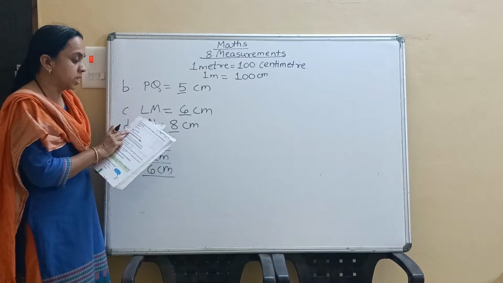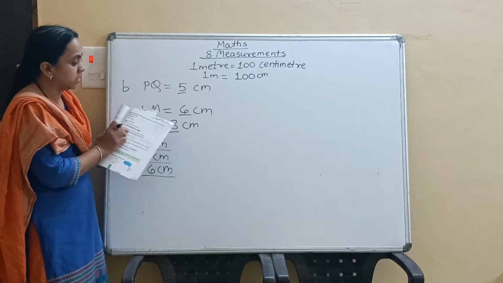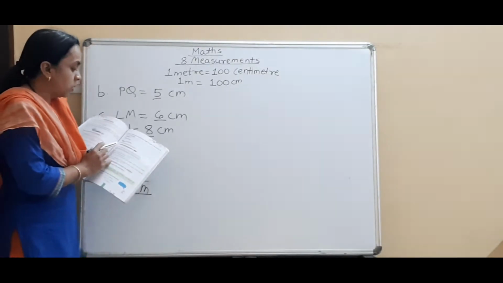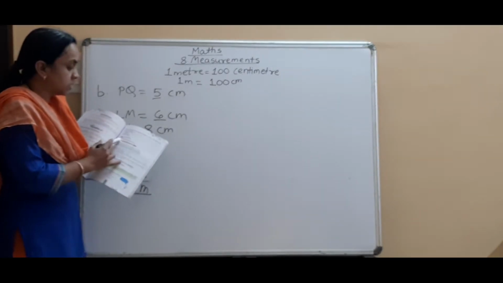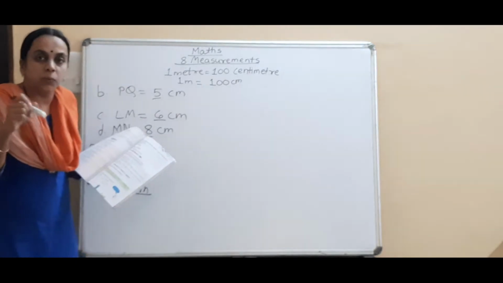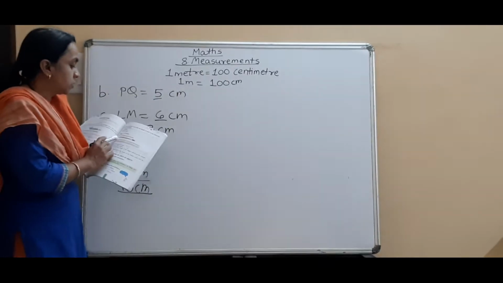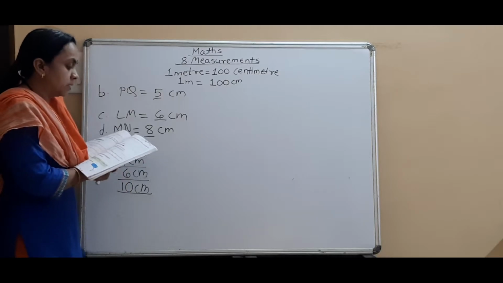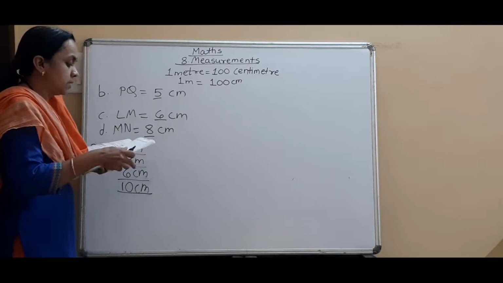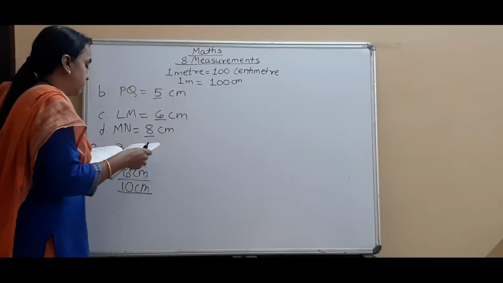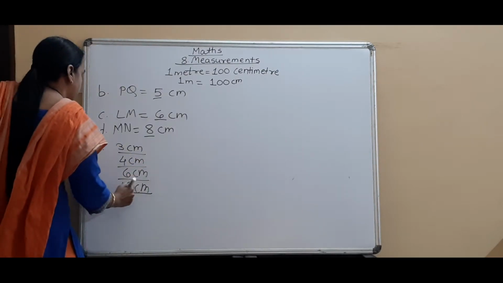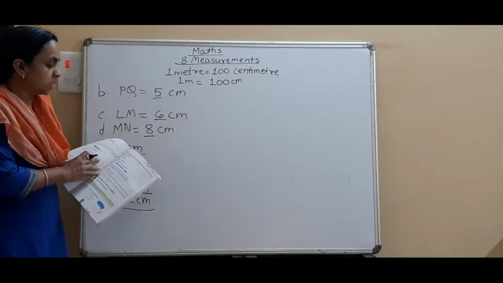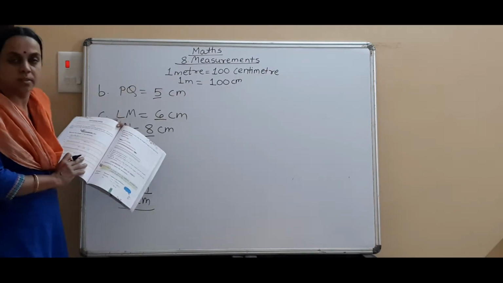Now see, one big pencil is given. So what is the measurement of that pencil? Near about this. Now see, this is a paint brush. By using this paint brush we can give color to our drawing. So what is the length of this paint brush? That is 12 centimeter. So you write down here 12 centimeter. In this way you write down all these answers in your textbook.